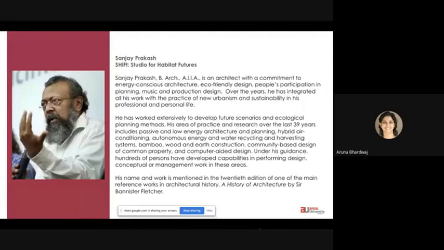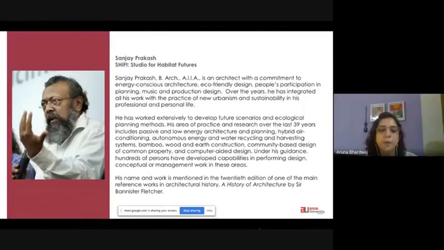Under his guidance, hundreds of persons have developed capabilities in performing design, conceptual or management work in these areas. His name and work is mentioned in the 20th edition of one of the main reference works in architectural history, A History of Architecture by Sir Banister Fletcher, which we all are very familiar with.